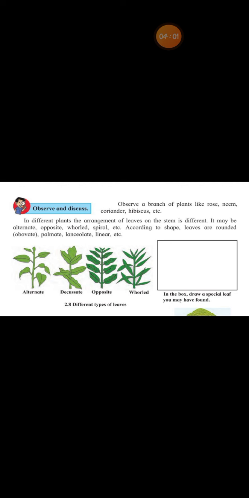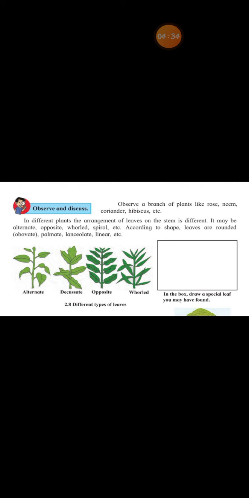Fine, children? Then we had seen about the water level. When some water is poured in a small glass jar, then after few days we are able to see that the level of the water goes down. This shows that plants need water for growth. Right, children? Then we had seen about prop roots.